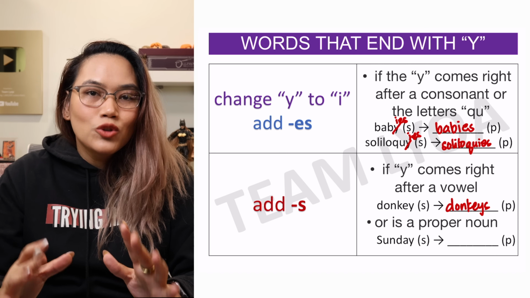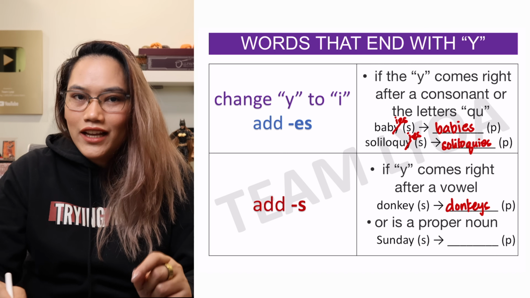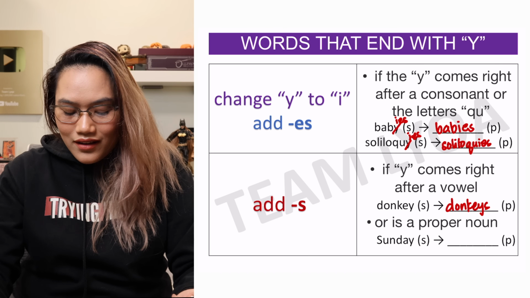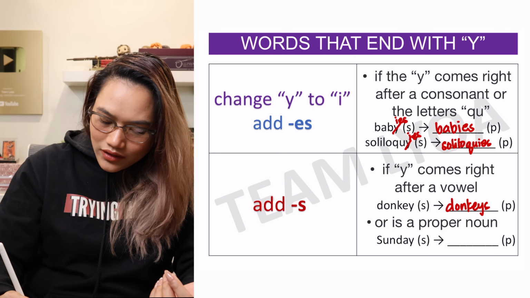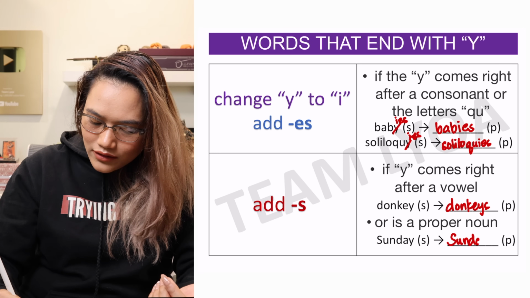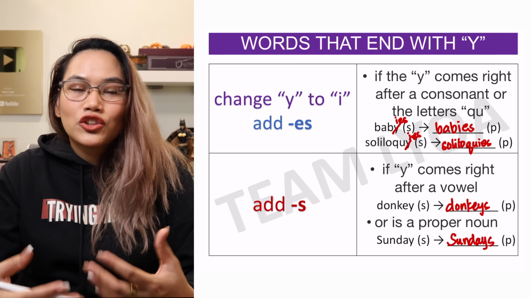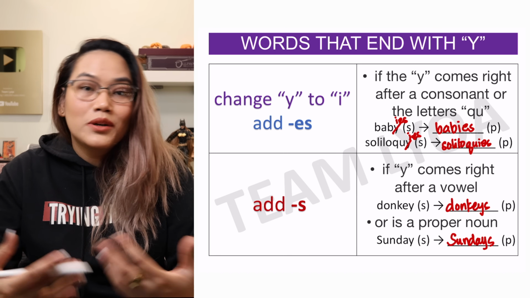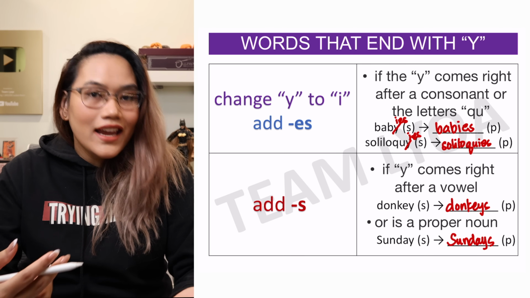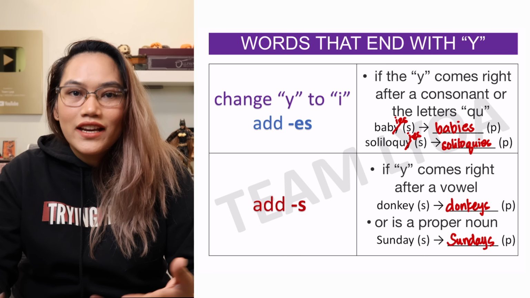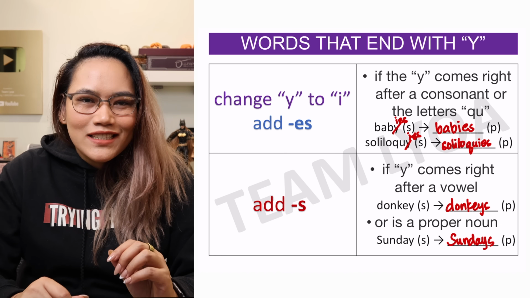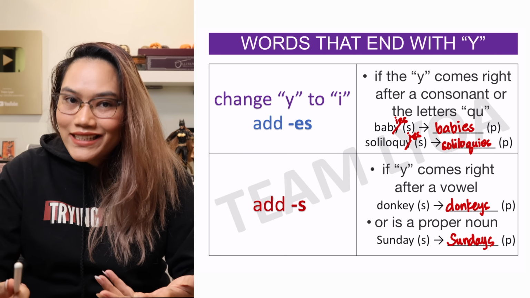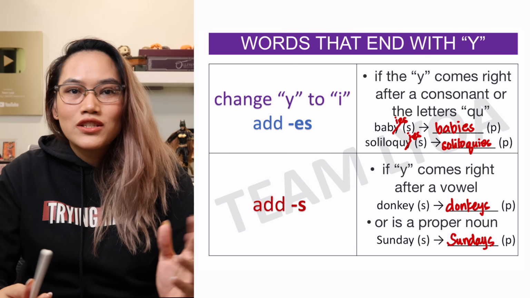Now, we also do that if we're talking about a proper noun. A proper noun is usually spotted kasi nakakapitalize yung first letter niya. For example, sa days of the week, we have Sunday, capital S. So we just use Sundays as the plural form. Maganda ito tandaan, especially if you're talking about names. For example, kung maraming Ann sa isang room, they are just a bunch of Anns. Hindi kailangan lagyan ng I, hindi kailangan lagyan ng ES. You just put an S at the very end of the name. Now, dito ko rin sasabihin na iba yung rule pagdating sa pluralizing ng family names or ng surnames, ng last names. And we're going to talk about some of those exceptions in another video.